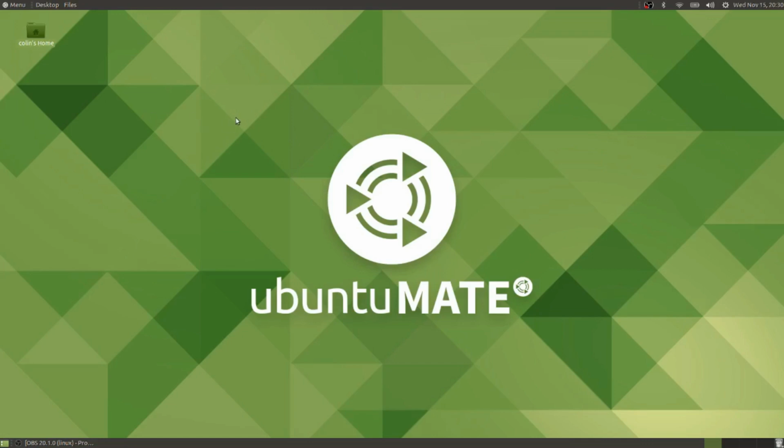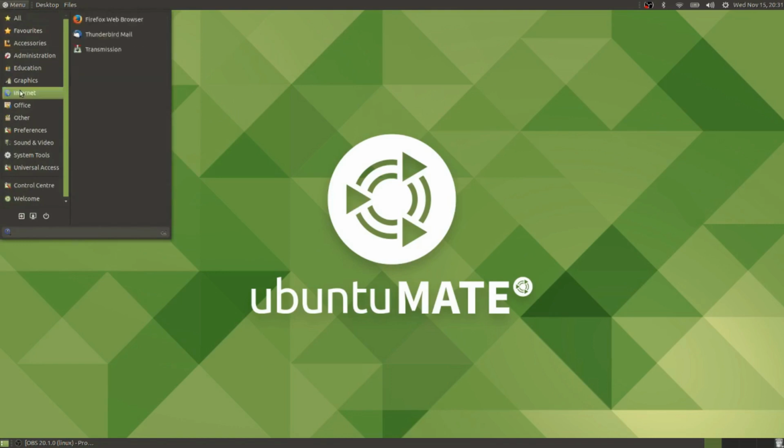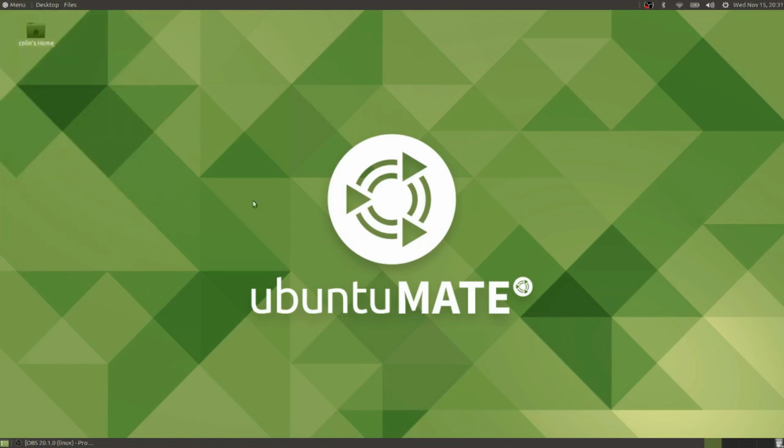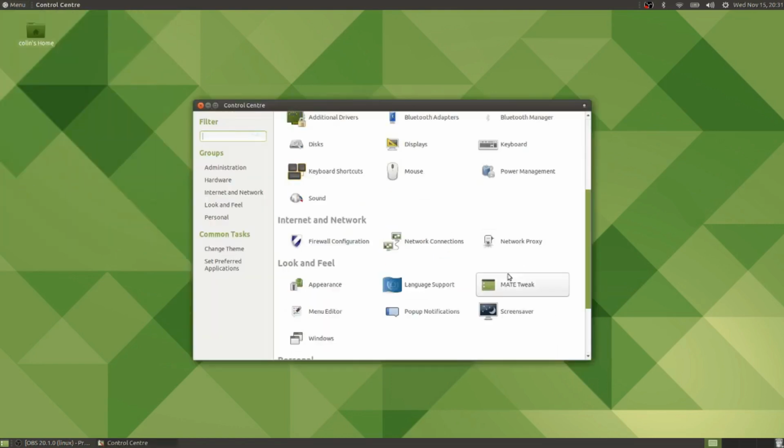Today we're going to be having a look at creating our own custom layout and also saving our own custom theme. So let's get into it. First of all, we're going to go to Mate Tweak